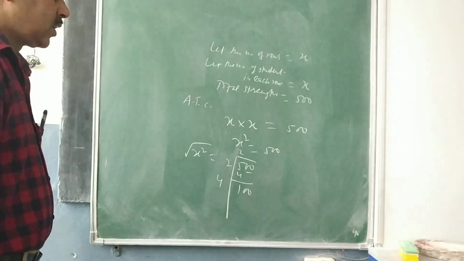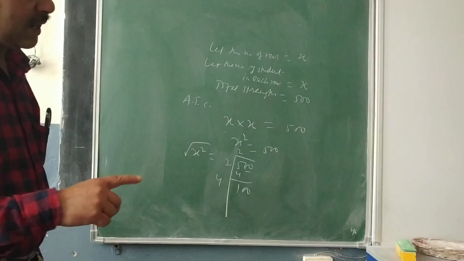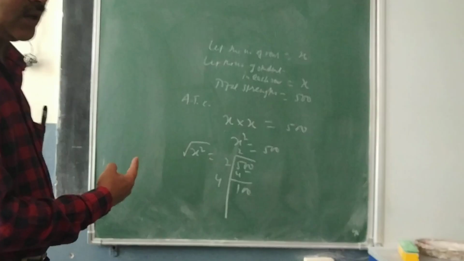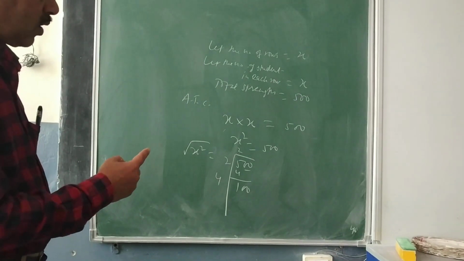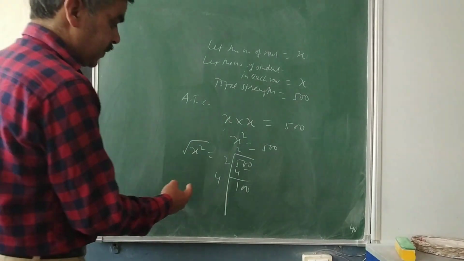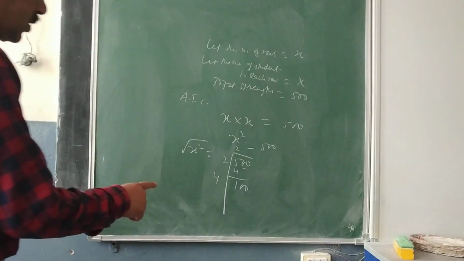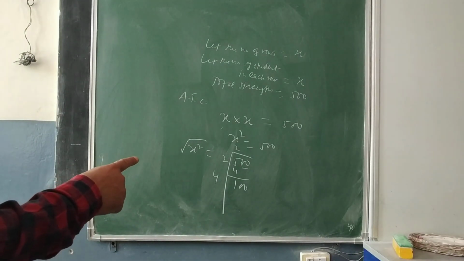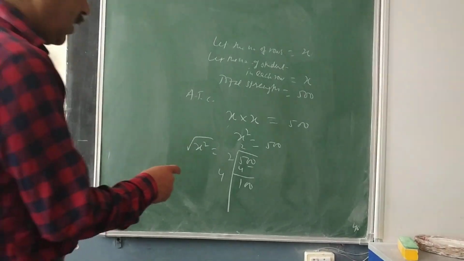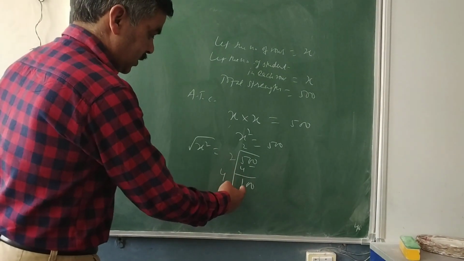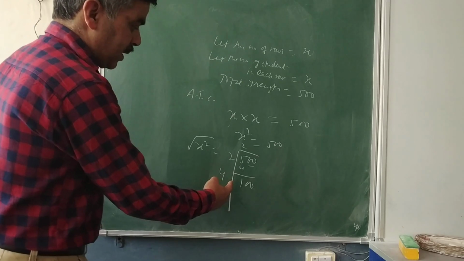Now you see here, yesterday I told which number must be added to this 500 to make it a perfect square, or how many students will be left out. So I have to see, 3 3s are 9, 3 4s are 12. So I have to check which will solve my purpose here.